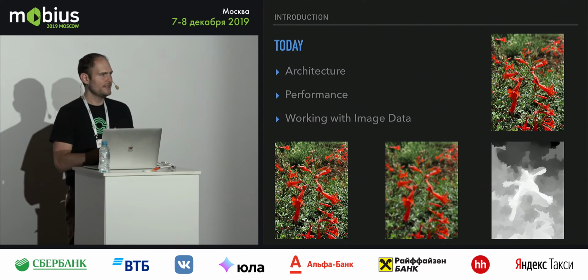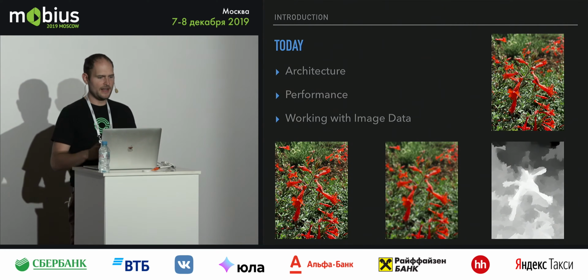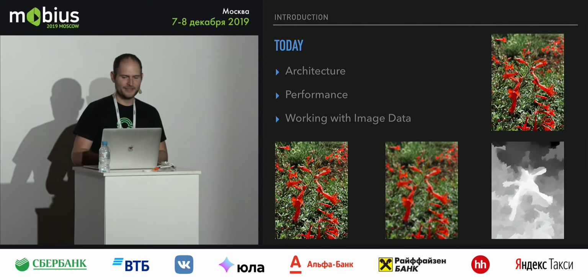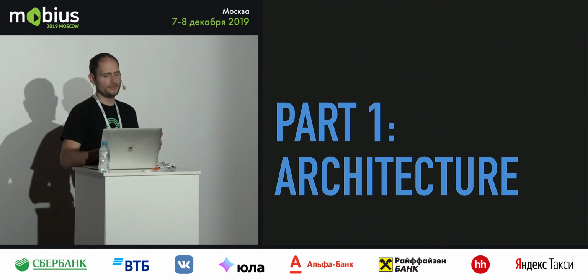So I'll be touching on this example a few times in the presentation so we have something concrete to work with. So the structure of today's talk, I'm going to be talking about the architecture of a real-time rendering app. I'll be talking about the performance considerations and then the nuances of working with image data because it's a lot more complicated than reading and writing red, green, and blue data. So I have a lot I want to cover in the time, so I'm just going to dive right in